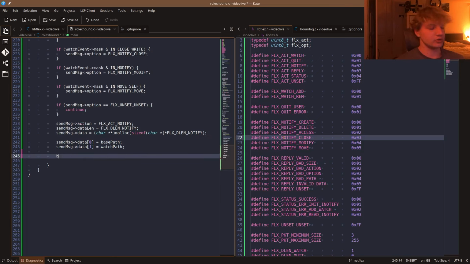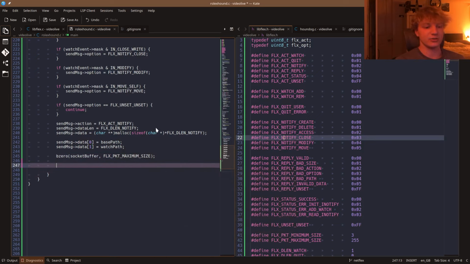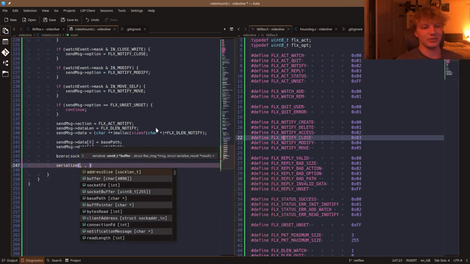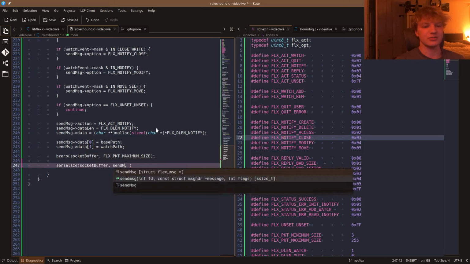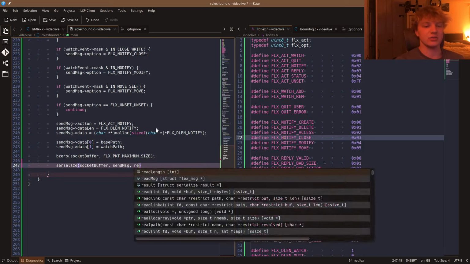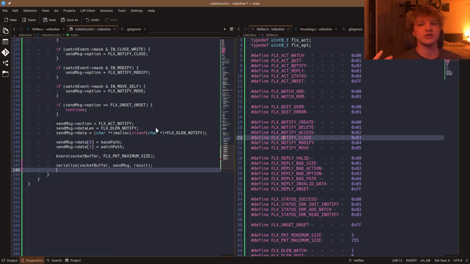So now we're going to B0 our socket buffer, get it ready to serialize our stuff into it, so just set it to 0. Now we serialize. Again, if I will autocomplete to the right one, that would be great. So serialize into socket buffer from our send message and with our result. And now here we actually do want to check result, because this is variable, right? Like as we're adding and removing stuff from the watch list, it could potentially get too big or something like that. So we are actually just going to go ahead and check the